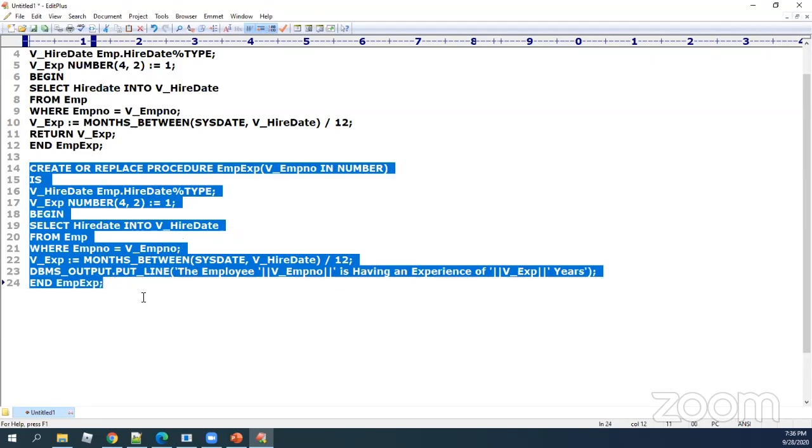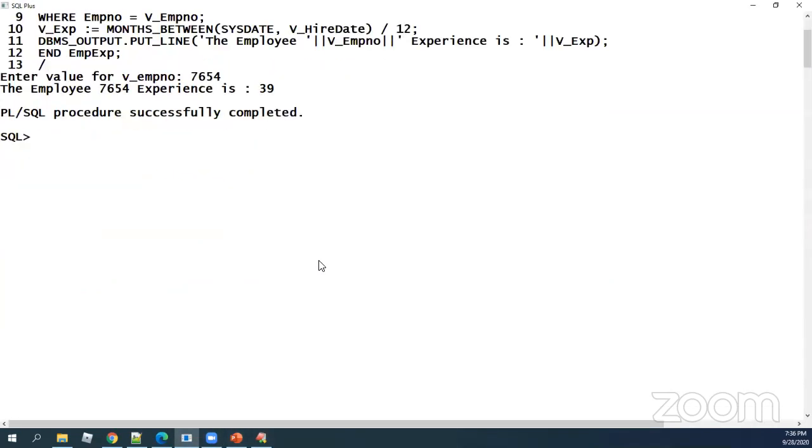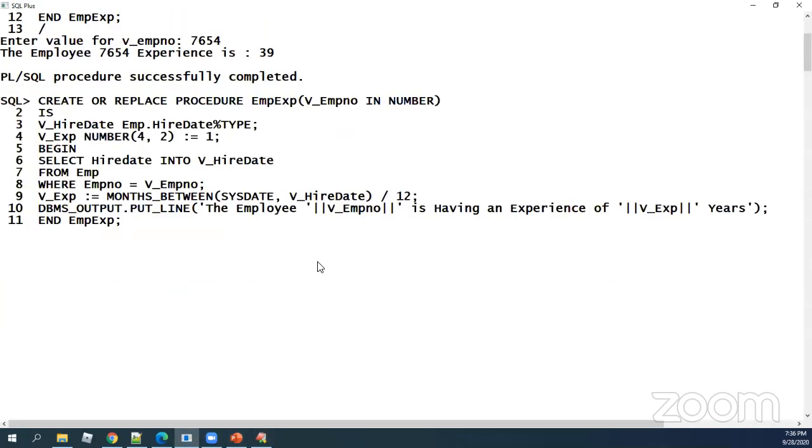Now you're taking this particular procedure and trying to go for execution. But you know very well that procedures are never executed directly. They're compiled and created and they become part of the database objects. Am I clear with you?